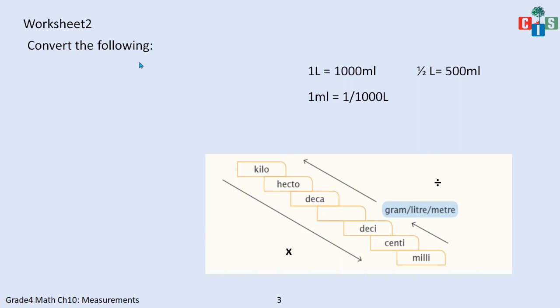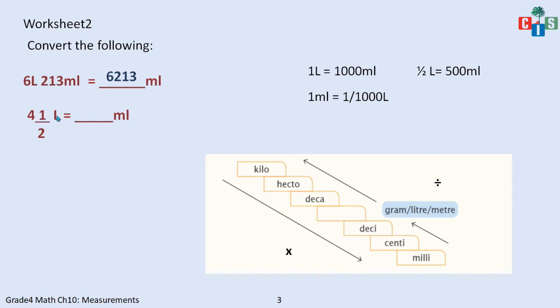Now worksheet number 2, I am again having certain sums all related to liter or capacity, which says 6 liter and 213 milliliter is equal to how many milliliter? Now you already have 213 milliliter. Let's convert 6 liter into milliliter. So 6 liter will be 6000 milliliter plus 213 milliliter. So it will be 6213. Let's have the other question. 4.5 liter. So how many milliliter is that?